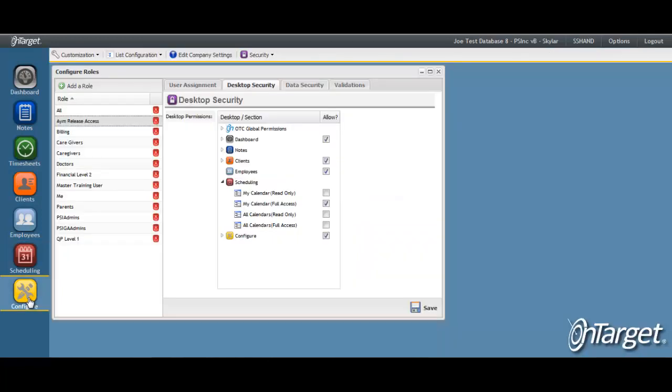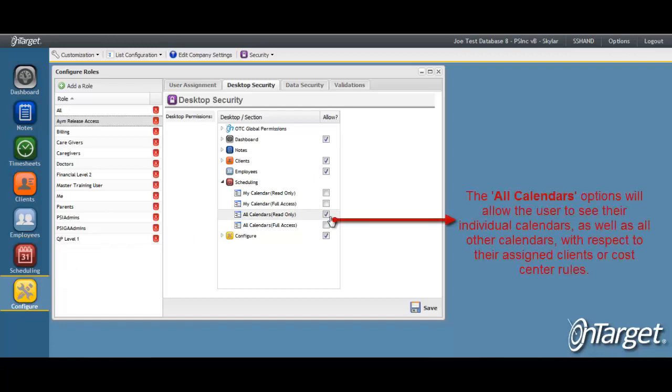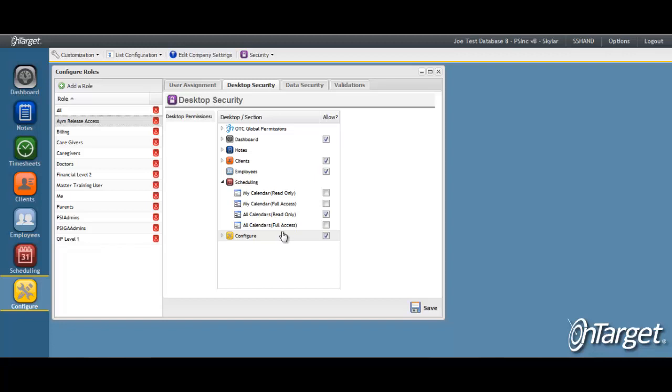The next option is the All Calendars Read Only. This option opens up visibility to all calendars, but is restricting any adding or editing rights. Both All Calendars options will take into account the cost center assignment and the assigned clients rules. This means that there is still some control over what calendars are visible, since cost centers and/or assigned clients are being respected. For example,